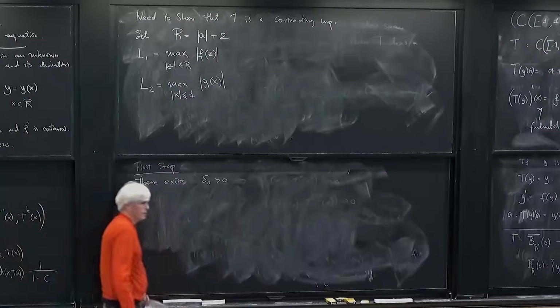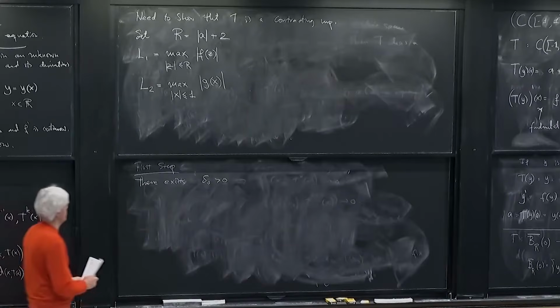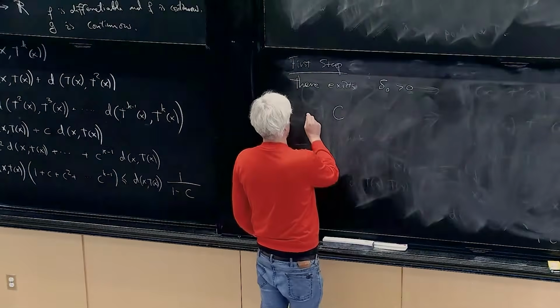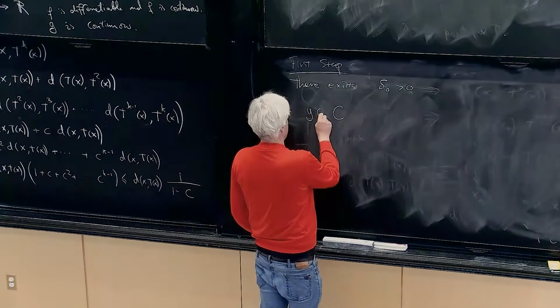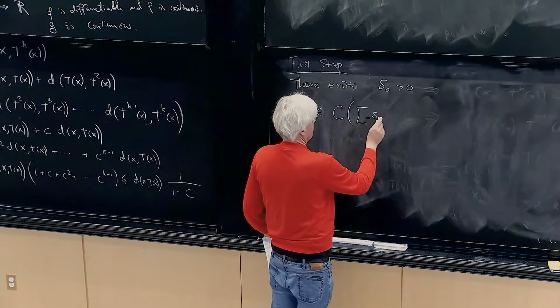This is not the delta that I will use eventually. I will have to restrict it further. There exists delta 0 so that if you're looking at the space, if y here is in the space of continuous functions on this interval here,